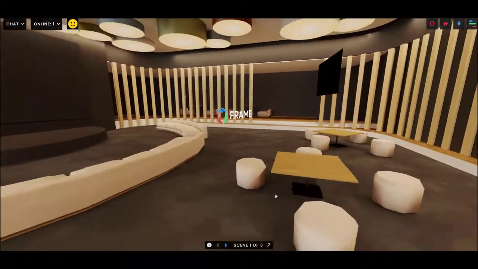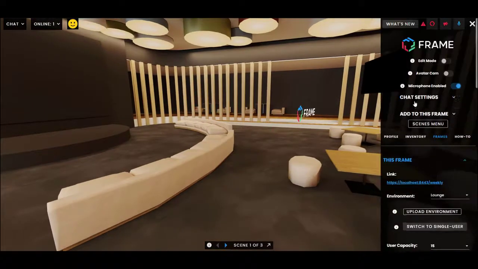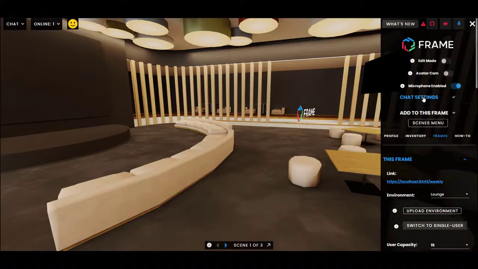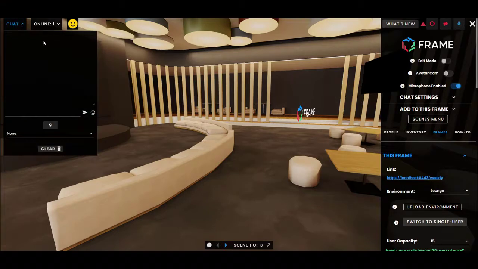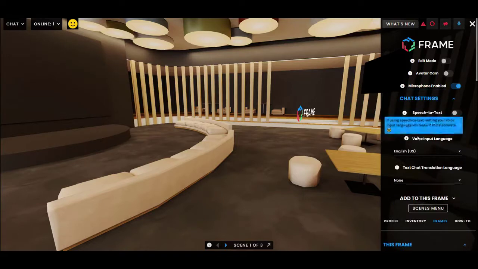So this is a feature that you can use if you're logged in. Of course, it is free to make an account, so I encourage you to do so. But if you are logged in, then you have a drop down here in the sidebar with the button at the top right for chat settings. And this is one place that you can do this. The other place is actually in the text chat menu itself, where you'll have a little globe icon underneath the text chat input. For now, I'm just going to adjust this though from the sidebar in this chat settings dropdown,